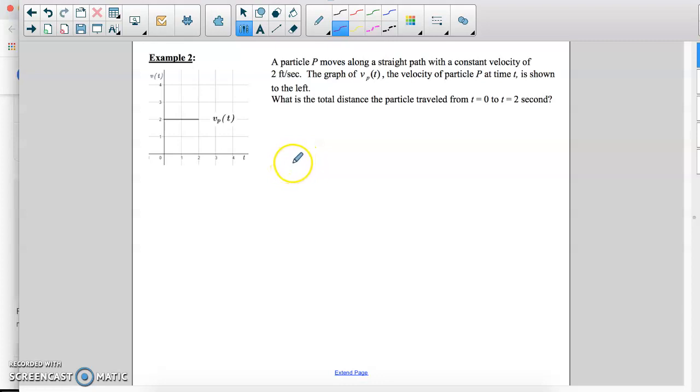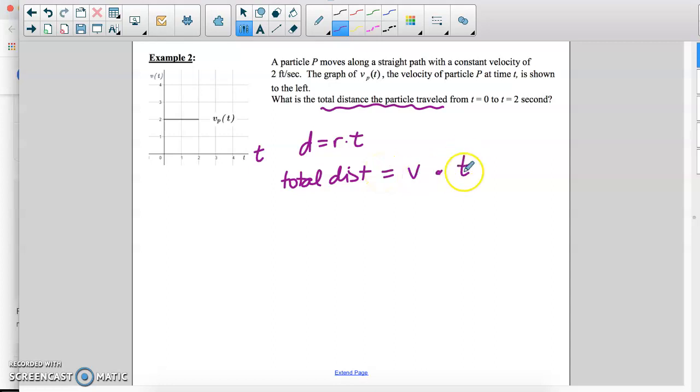The graph of the velocity is given to the left. What's the total distance the particle traveled? So what you learned in your video is that if this is time and this is velocity, we know distance equals rate times time. So the total distance